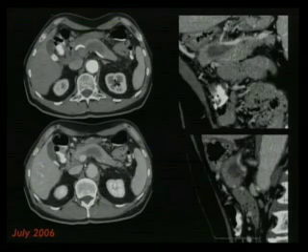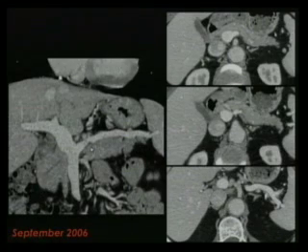The differential at that time was a possible tumor or inflammatory process. At follow-up the next month, it was completely normal; it was just an inflammatory process affecting the